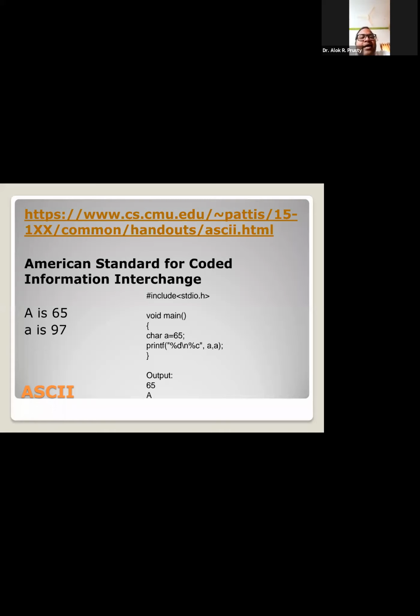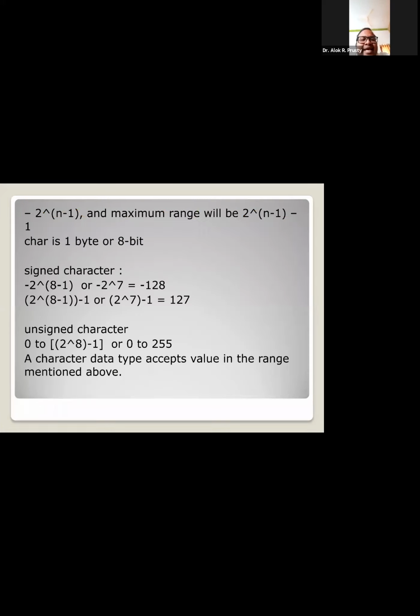For example, if I am using capital A in my program, then capital A will first be converted into the ASCII code, that is 65, and 65 falls in between minus 128 to 127 or 0 to 255.